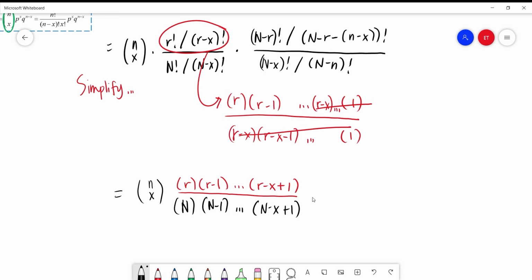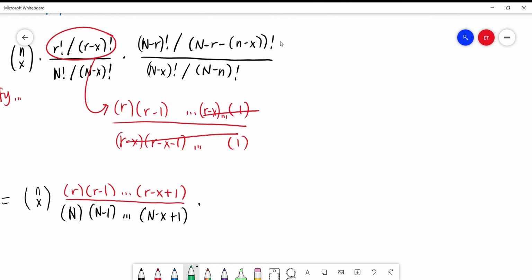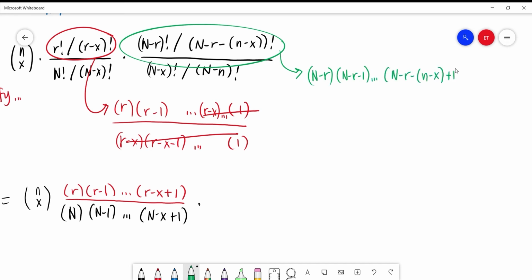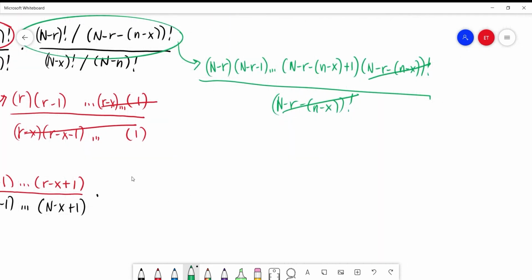There we go. Now let's simplify this other part of this equation. Let's start here and again expand it, and we can actually see that we can cross out this bit. And now let's rewrite the thing we are left with